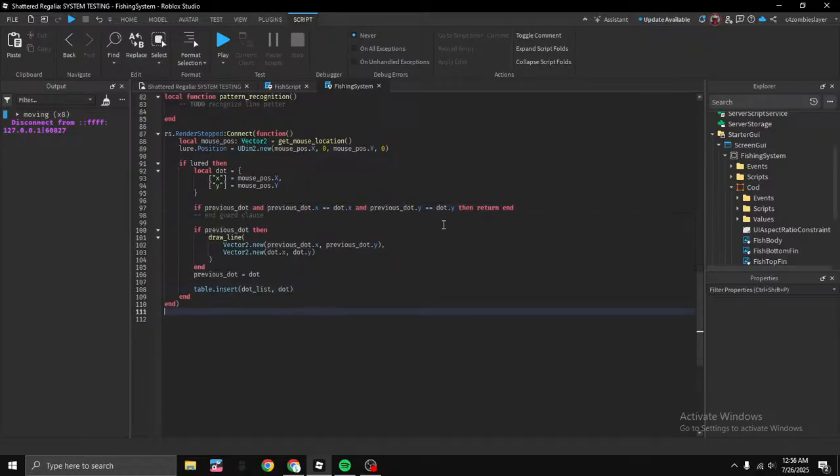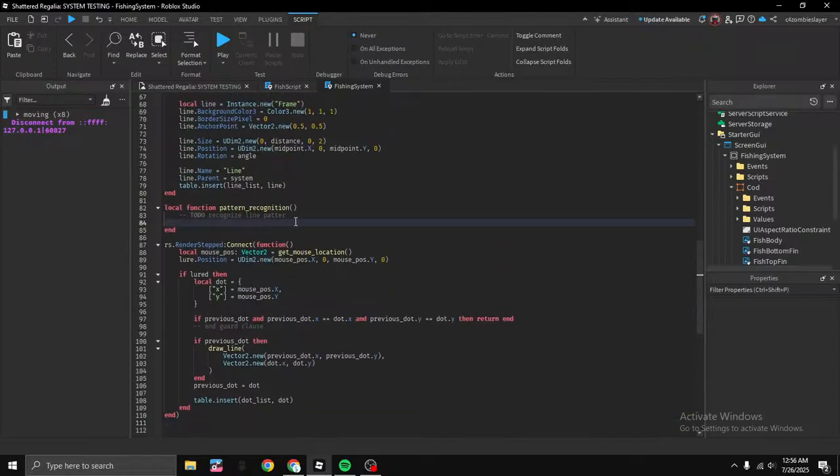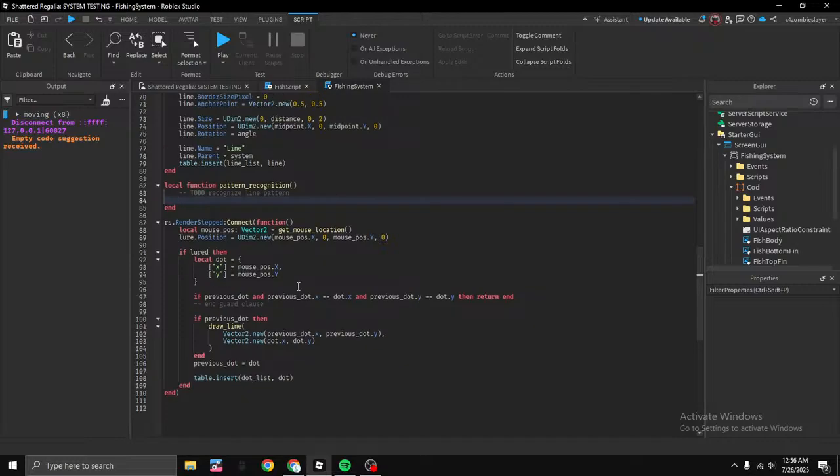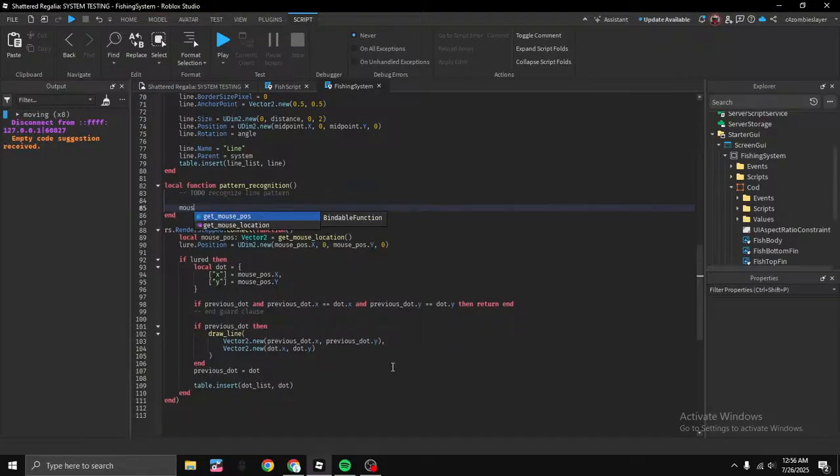Okay, but yeah, let's see what else is going on here. I was gonna do the pattern recognition on the mouse. So here, how are we gonna do this? This is kind of the hard part. I don't know what I'm gonna do here. Let's see. Mouse, get mouse position. Let's see. No, so